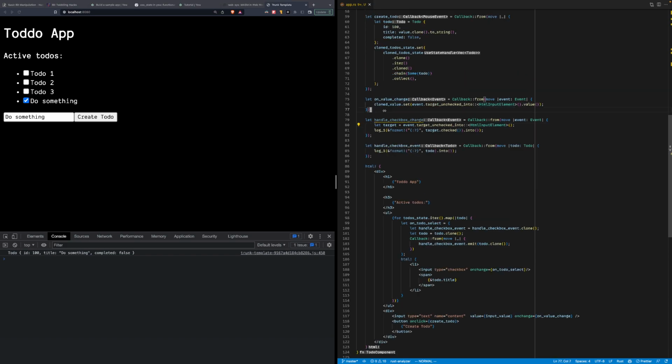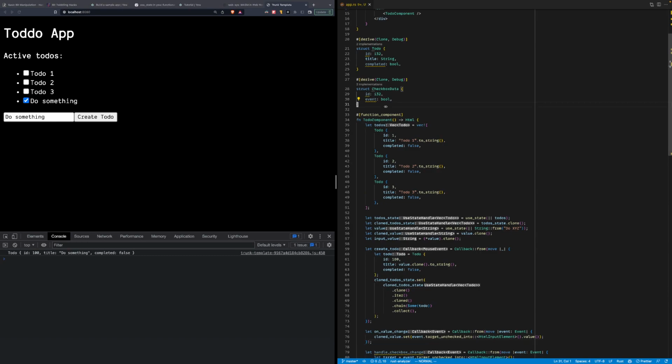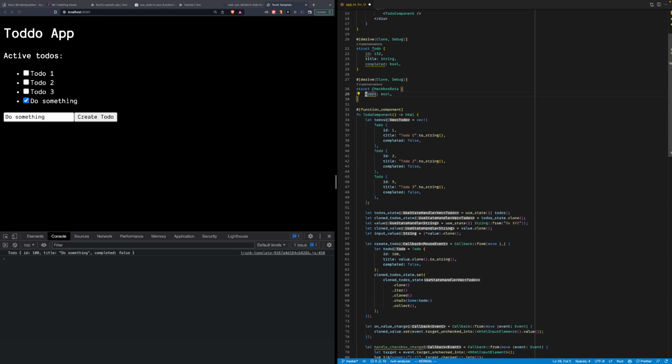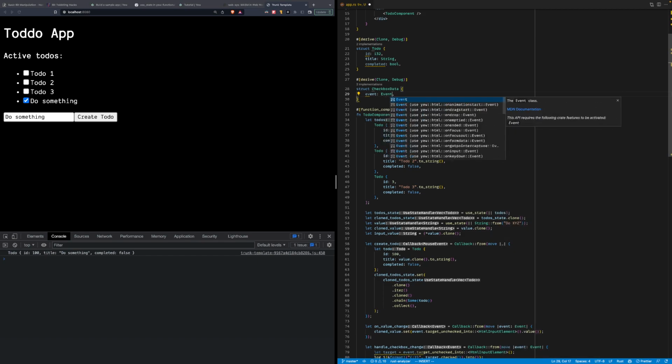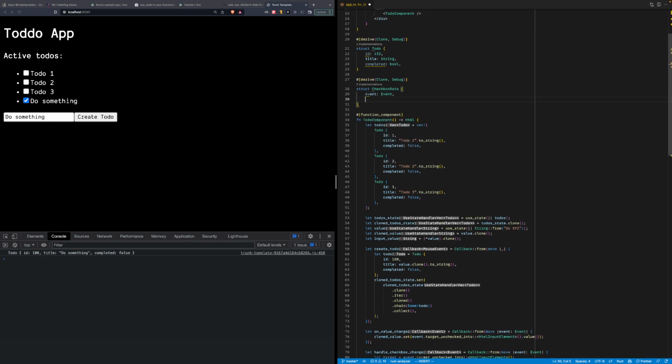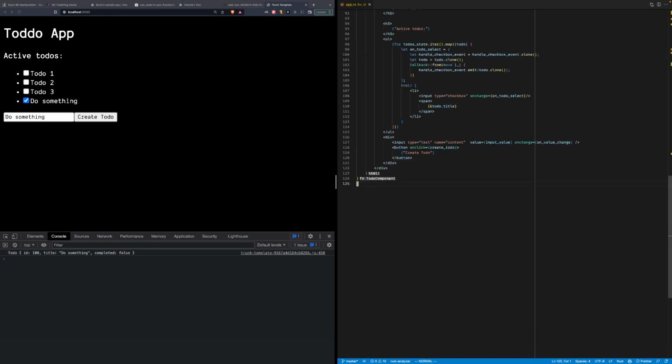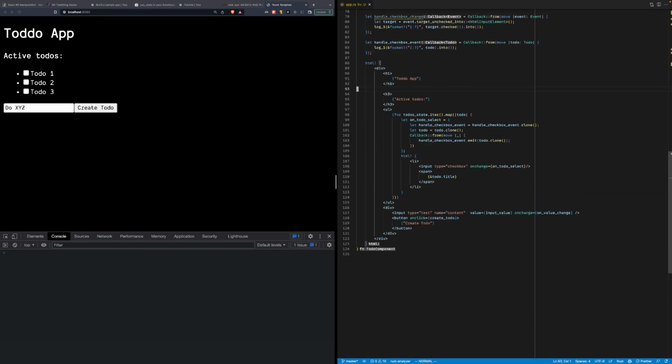What I'm gonna do is create another struct with one event, and the other thing is going to be... now we're gonna pass in this value. Let's see if it is possible.